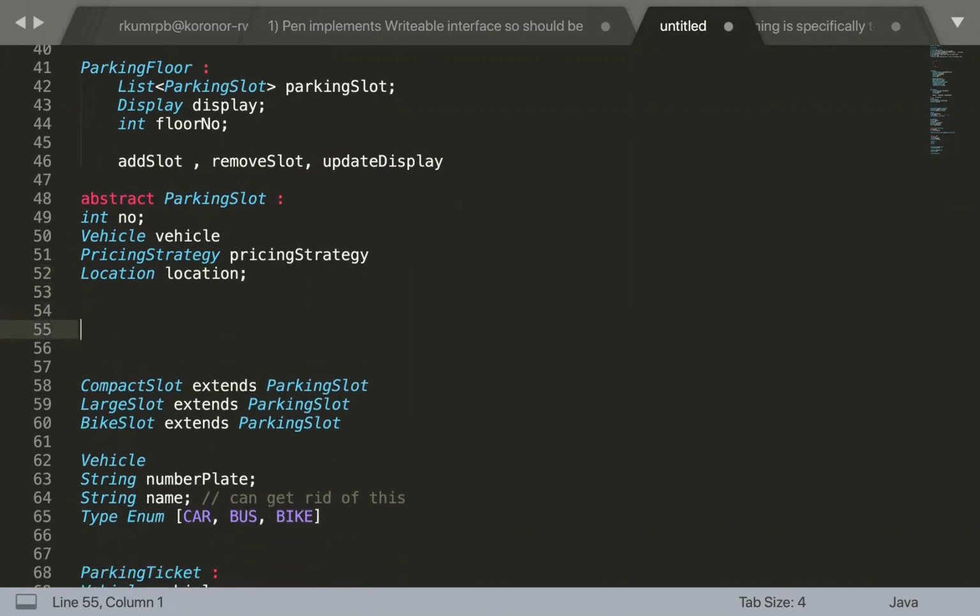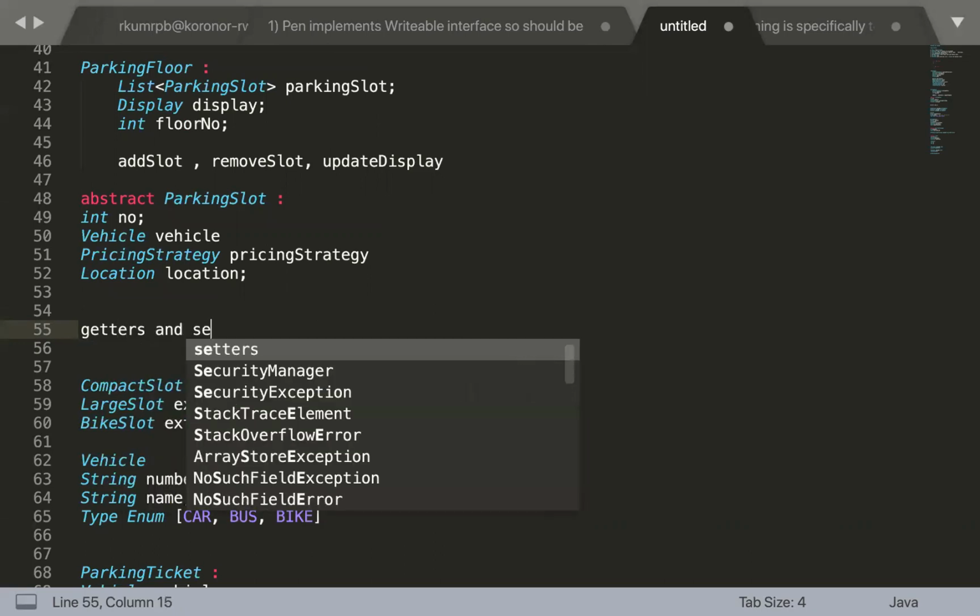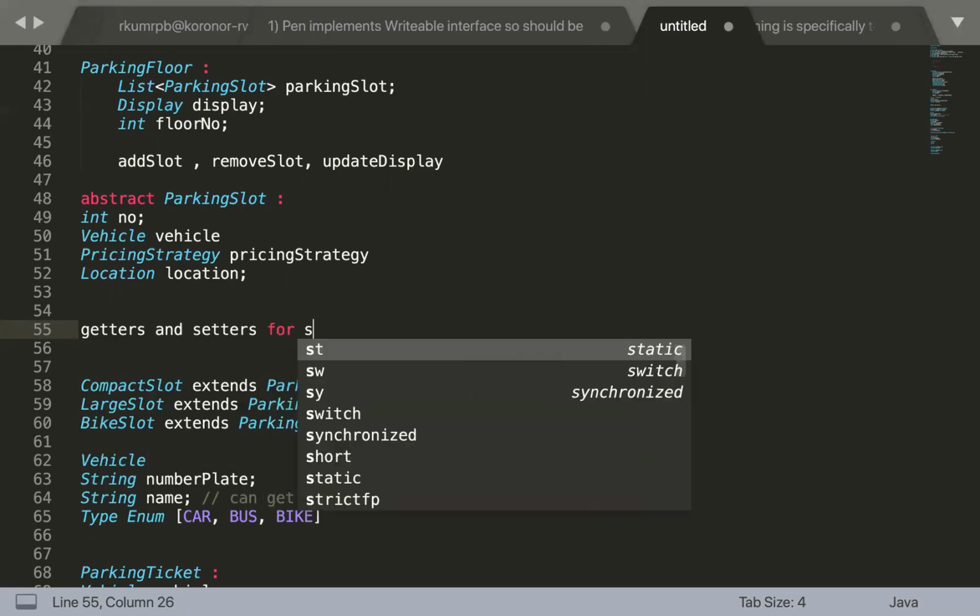What all contract methods can the parking slot have? Getter and setter of this ID or number. Getters and setters of this ID. So what will we do with that? Probably the parking slot number. What will the use case be here? To access that particular slot, right? So we can have the getters and setters if required. Getters and setters for the slot.